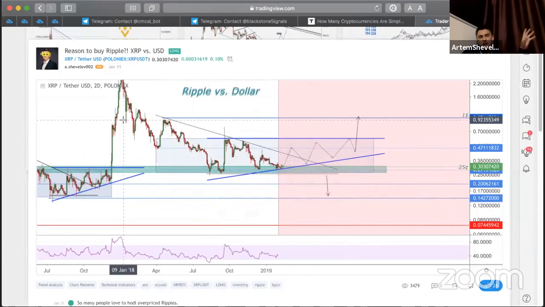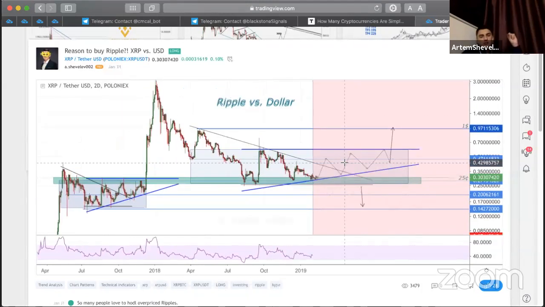But, you know, Ripple dollar analysis is totally dependent on BTC. If BTC is going to be bullish, Ripple USD will be bullish as well. And I marked the $1 price as a target on this chart. This is probably a long-term target for Ripple, but anything could happen if we break the 25-cent mark. If we make another low, we're probably going to visit 20 cents and 15 cents. So keep this in mind before you trade Ripple.